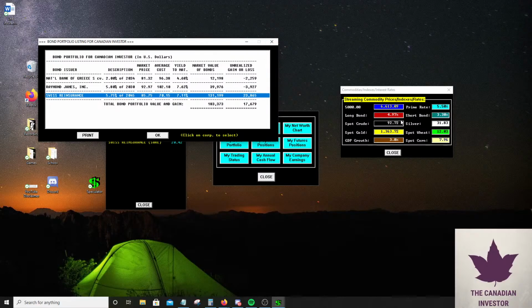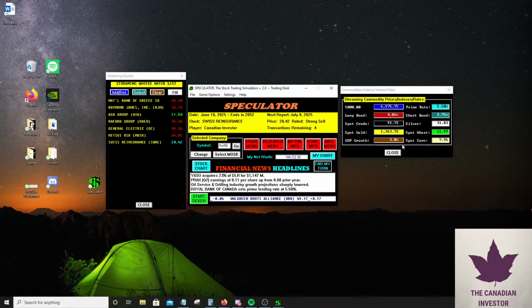Currently I think it might make sense to sell them, because as interest rates were high, this bond got beat up a lot, and now that interest rates are going down, it's making our bond worth way more. So if interest rates continue to fall, it might make more sense for me to sell this, and then I'll keep more cash when interest rates are low.